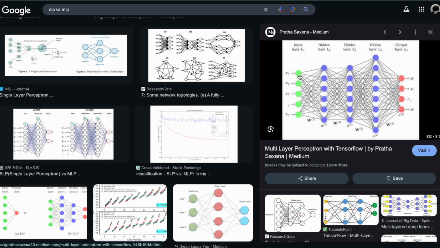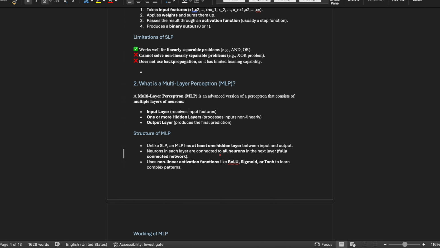Similarly, this input node is connected to all the nodes of the next hidden layer. The same thing is written here. It uses non-linear activation functions like ReLU, Sigmoid, or Tanh to learn